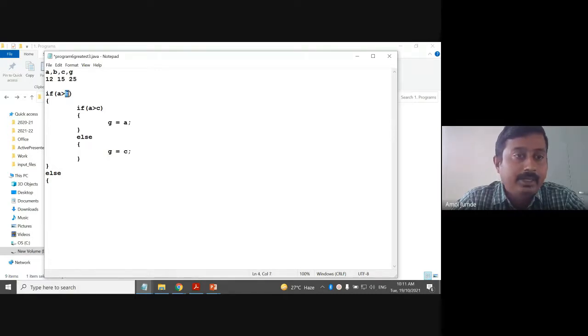Now, is b the greatest? For that we have to compare with c. To compare we have to write if, right? So is b greater than c? It is greater than a, that's why we have fallen in the else block, right? So if it is greater than c also, that means g must be equal to b, right? Okay, if this is false then